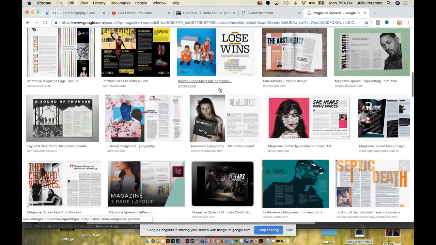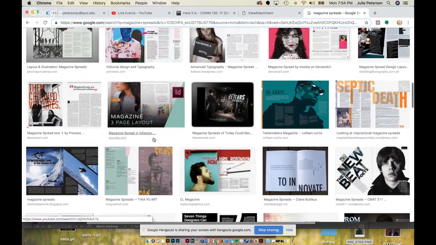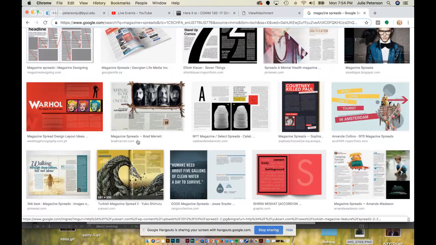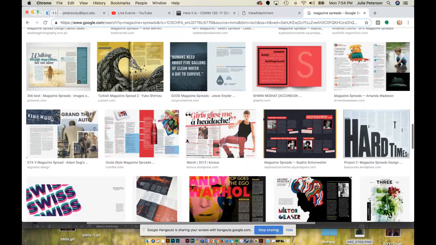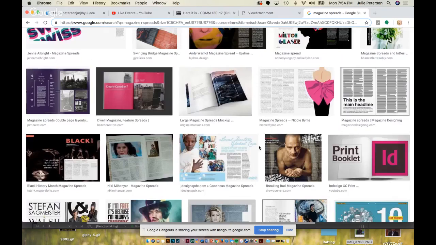Or if you want to put it on top of the image, that is fine. Just make sure it's still easy to read, or that it's in a spot where there's not a lot of text. So go ahead, type in magazine spread and look at the titles and how they're working with those and your text, okay?